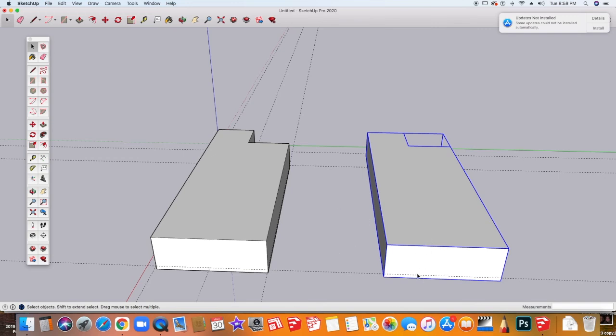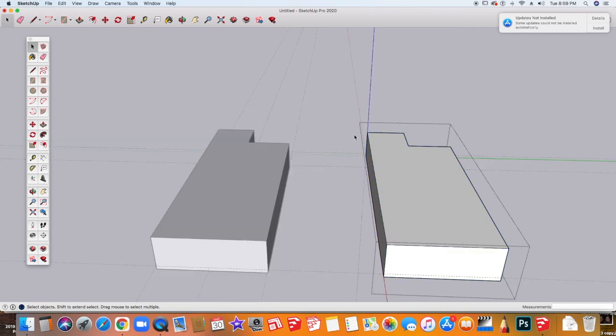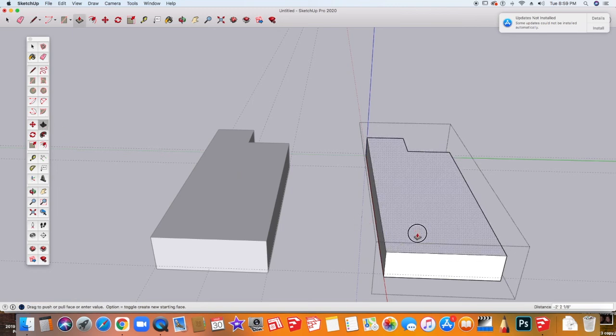This particular size is 10 feet. But really, my second floor is only going to be 8, and this is 10. So I have to pull it down because this is a direct copy. I have to modify this so that the height of the second floor is correct. So I'm going to double click on the inside, and go into edit mode. And I'm going to take my push-pull tool, and I'm just going to push down and then